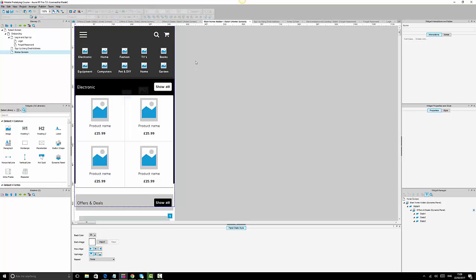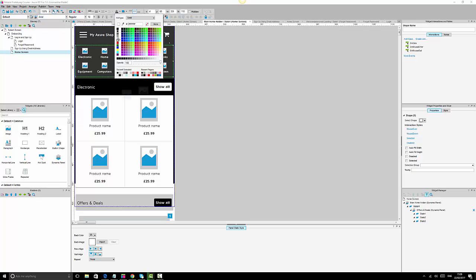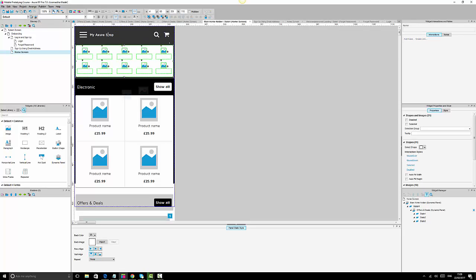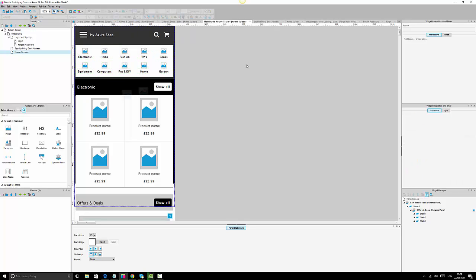Alright, and the text we change it to white. My actual shop, and what we could do, we could change this main one here to white, and we can change the main text here by highlighting everything to black. Alright, so at least it looks much better than the other one. So we have our shop sorted out,